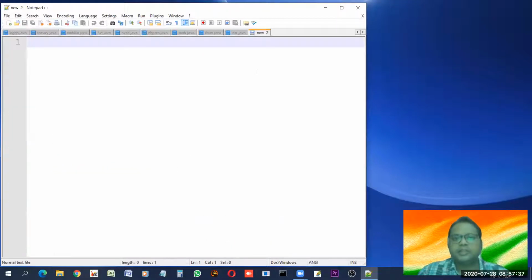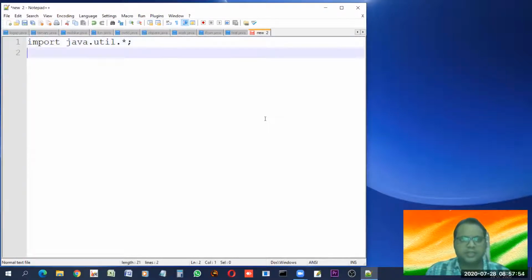So now we'll see some other kinds of functions and their usefulness. Since we have to take input, we import java.util.* or Scanner, you can write. And yes, one more thing I would like to add here,